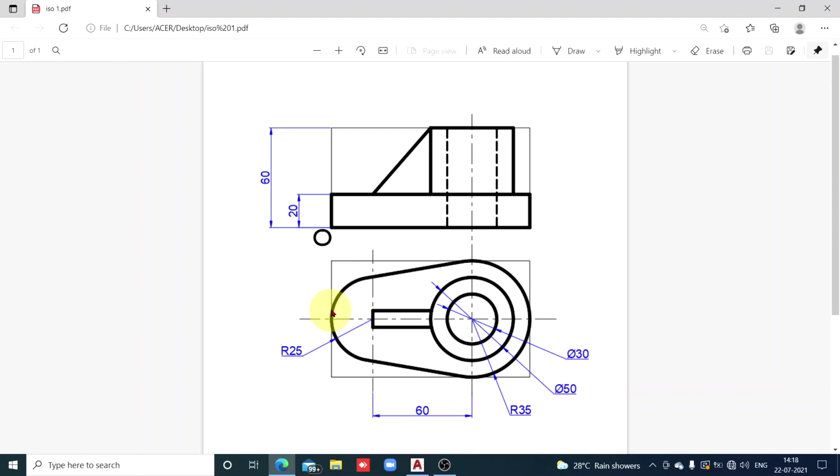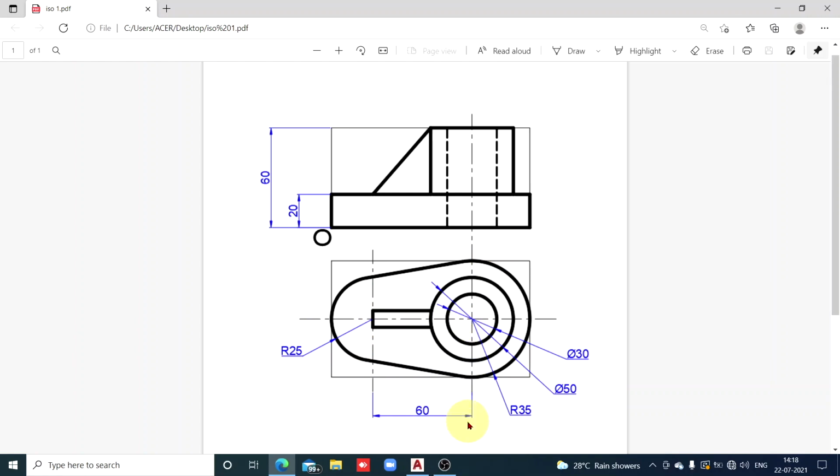So here it is edge, circular edge of radius 25 on the left side and circular edge of radius 35 on the right side, and center to center distance is 60 between these two curves. Center to center distance is 60.